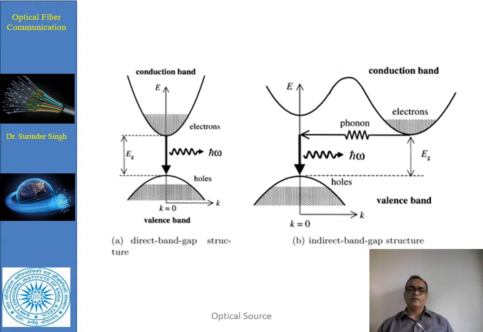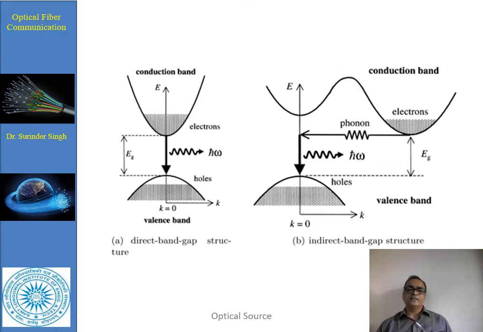Now here, whenever an electron transitions from the excited state to the ground state, there is a liberation of a photon with energy h omega or h nu. This energy is equal to the band gap energy Eg, and in this system there is just a liberation of a photon. In the reverse process, if we apply this amount of energy, the electron can jump from the ground state to the excited state. Both things are possible in the case of direct band gap materials.